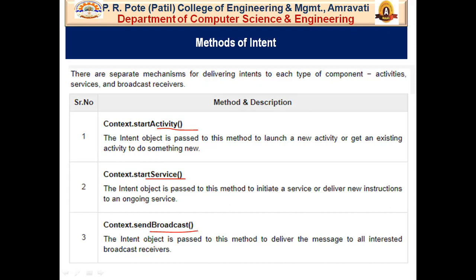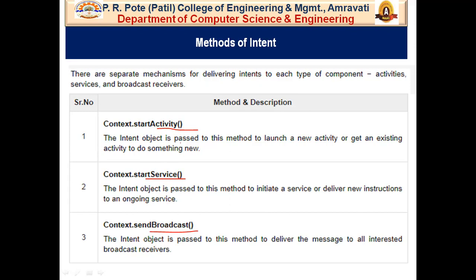Now let's see all one by one. So first one is the context dot start activity. The intent object is passed to this method to launch a new activity or get an existing activity to do something new. An activity represents a single screen in your app.